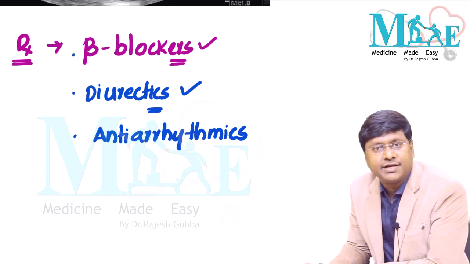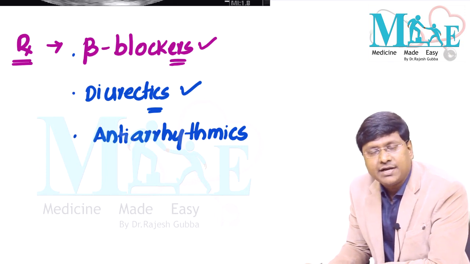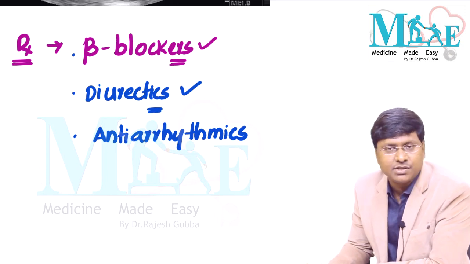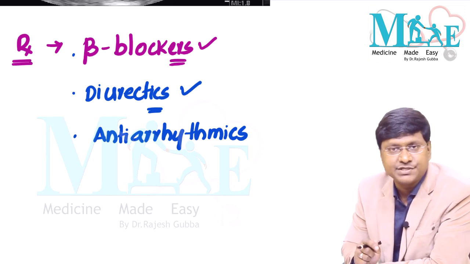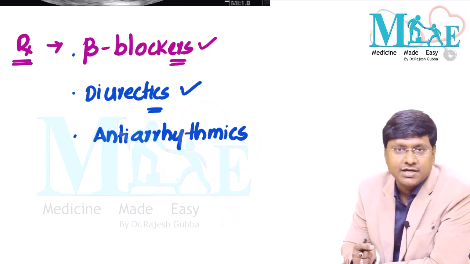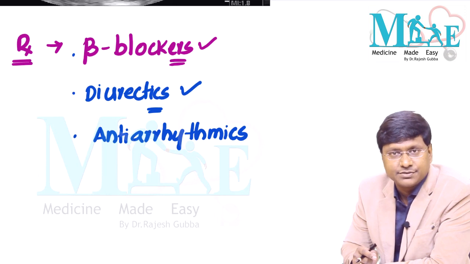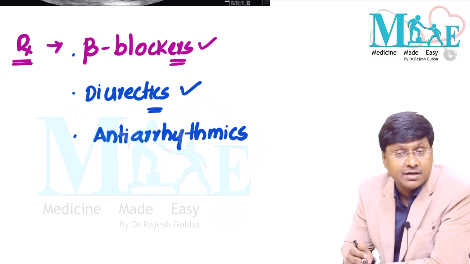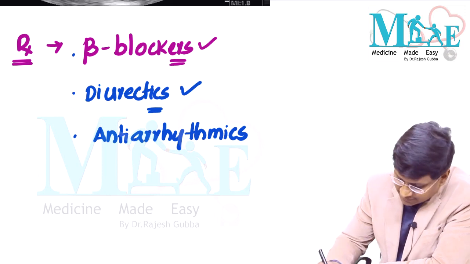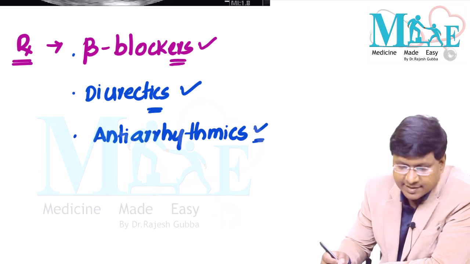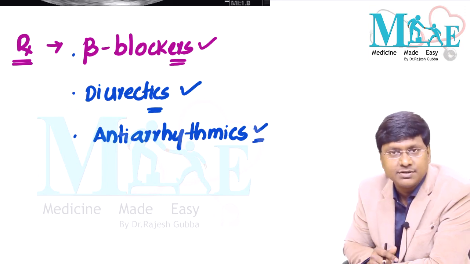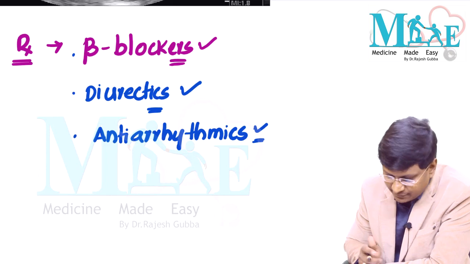The other drugs they require are antiarrhythmics. Why should you give antiarrhythmics? Because, as I have said, these patients can develop atrial fibrillation or ventricular fibrillation, due to which they can have sudden cardiac death. So for that reason you have to give antiarrhythmics like Cordarone, that is amiodarone. Next,